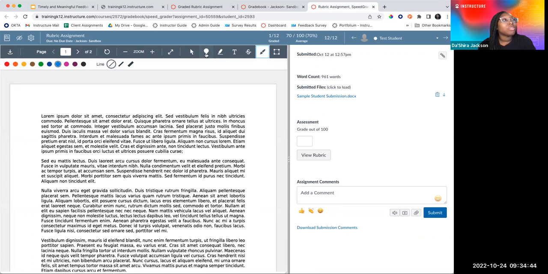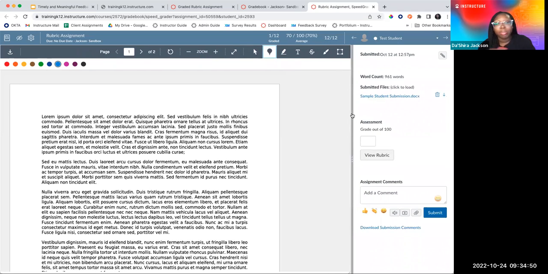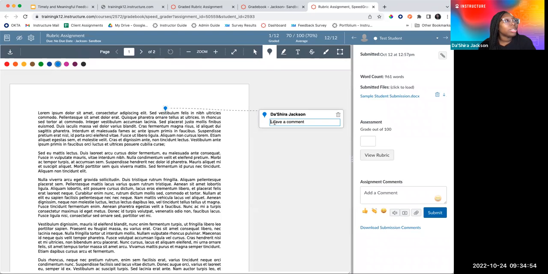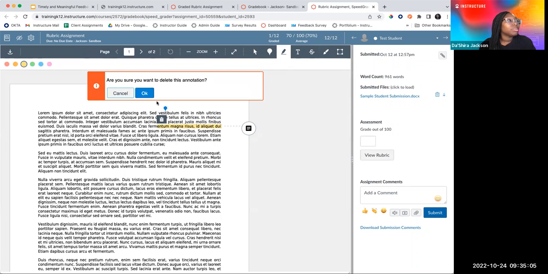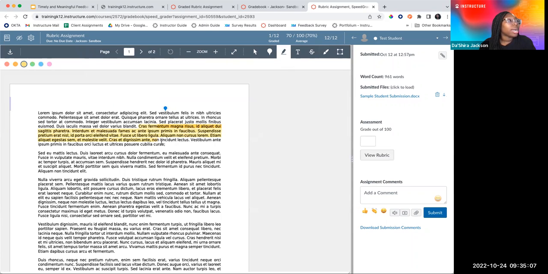So there's a number of different tools here. There is this little comment balloon, and you can make this toolbar bigger or smaller. If I click somewhere in the paper, I will put a little icon next to it and I can leave that specific feedback for that particular section. Or you can use the highlight feature and highlight, let's say, this entire paragraph, and then again, you'll see that option to leave feedback for it.